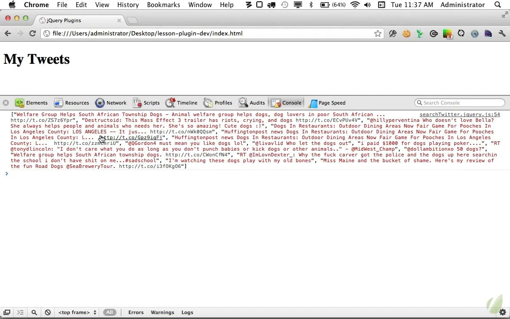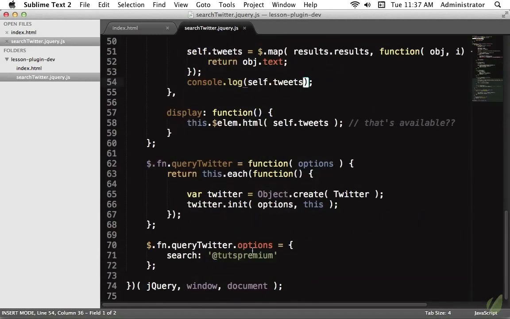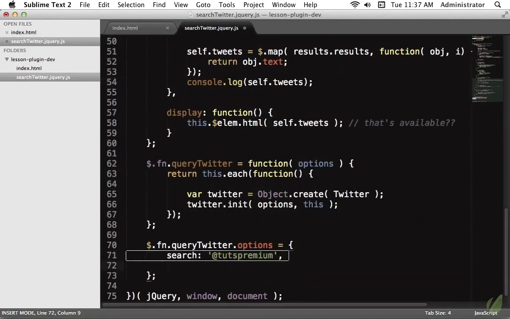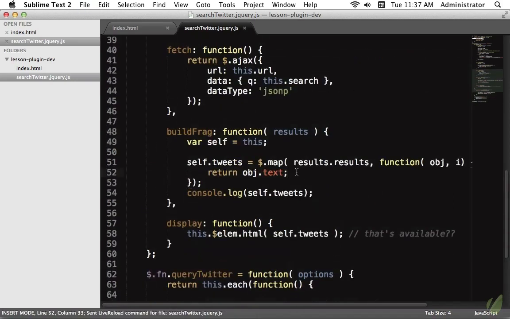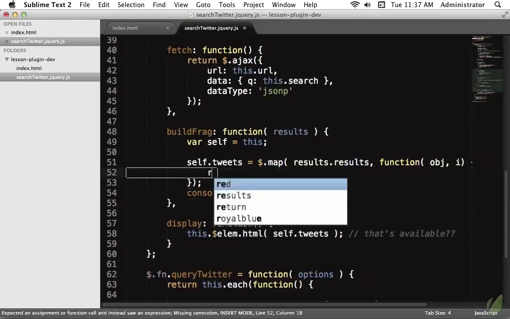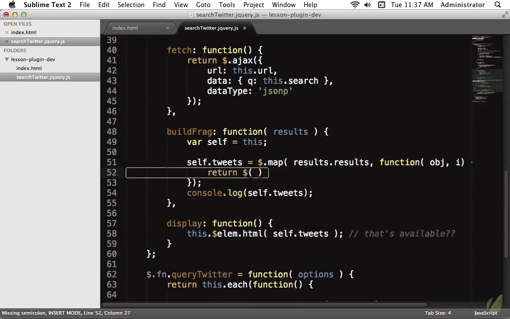So we want the default to be a list item. So I will add that below, and we'll do it right here, and we will say wrapEachWith. This is what it's going to be called, and it's going to be set by default to a list item. So now within here, rather than returning just the text, we will return, and we're going to create that new fragment,